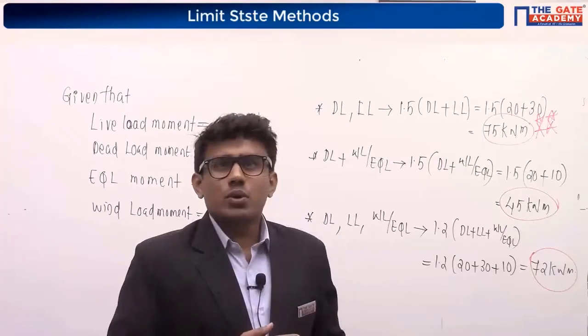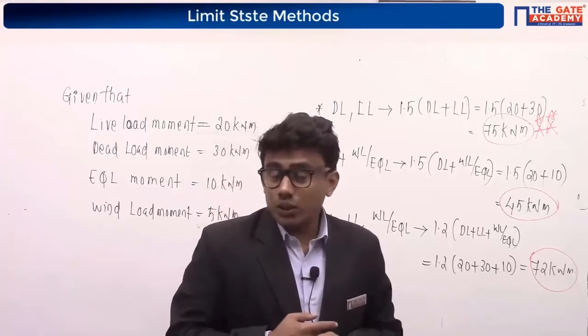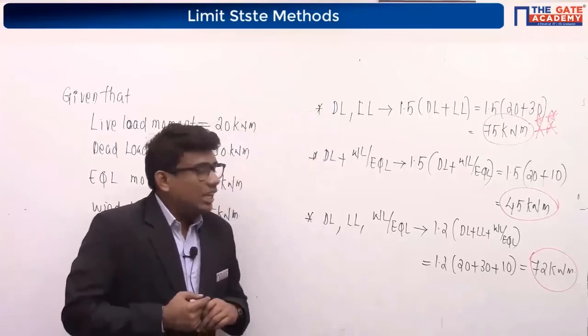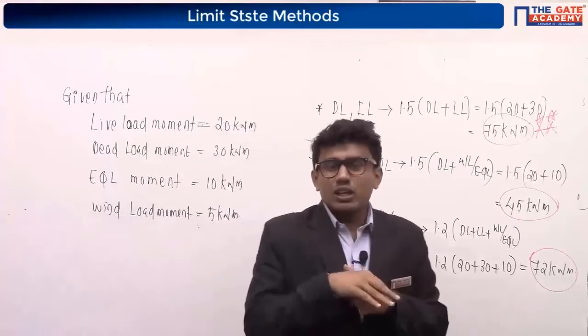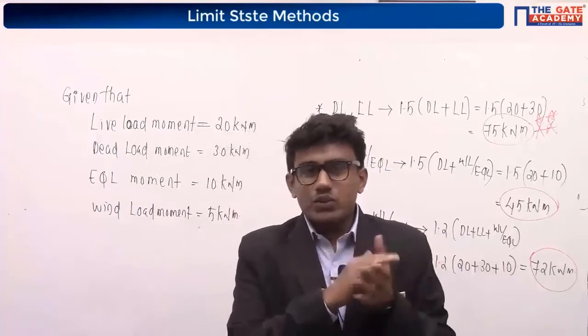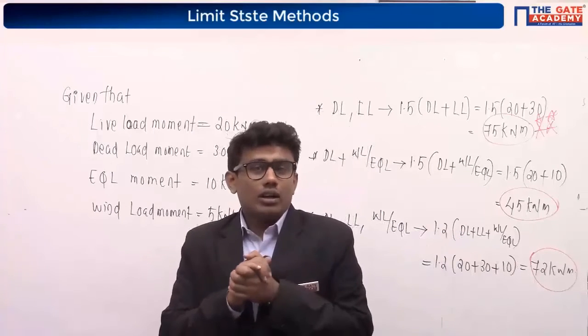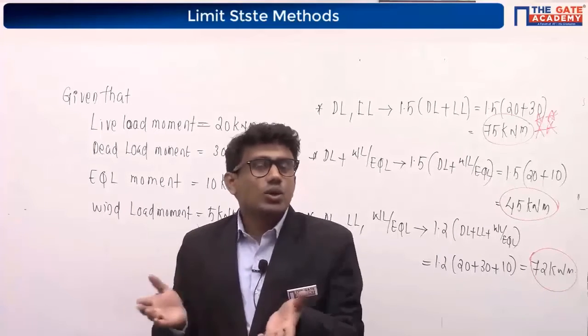Okay. Sustained load corresponding to limit state of collapse is greater than that of limit state of serviceability. Then why is it mentioned differently? Yes, that's an excellent question actually. See, this limit state of collapse, actually we don't know. As I told you in the case of a chair, we don't know. Maybe 5% can sit on the chair, then the chair will fail. We actually don't know that.